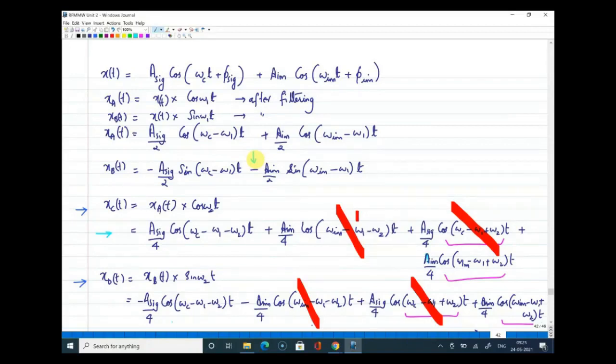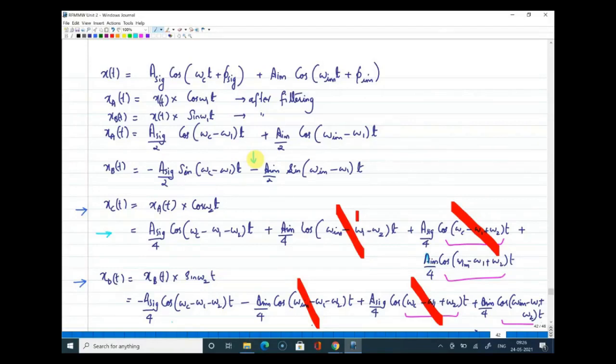So one second, because xb of t was x of t into sine omega 1t, cos into sine. If you split that, you'll get negative. That's what I thought. All right, that is true. Let me check once. Since we have taken LSI for both the mixers, omega 1 minus omega m will be a positive term, and omega m minus omega 1 will be a negative term. Yes, that is right. Will it make a difference further? You just assumed it uniformly everywhere, so it won't make a difference. But I guess that's why a few people got confused in the start.